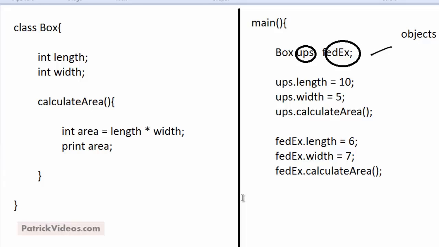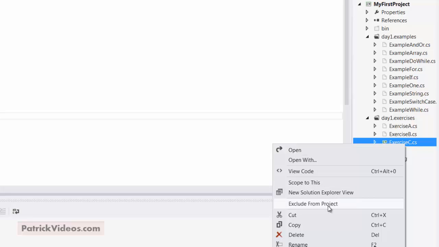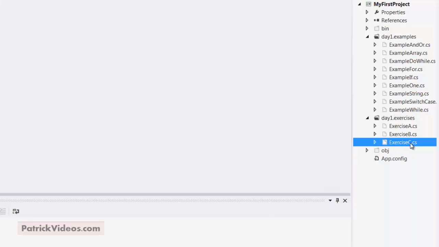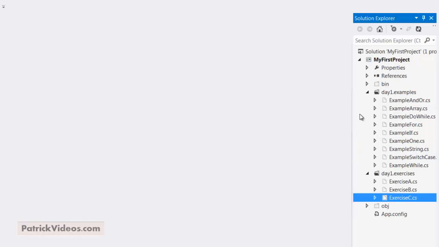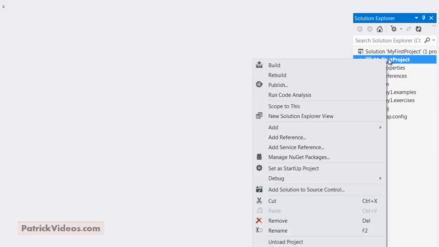So let us try out the two examples that we saw, that is the employee class and the box class. Let me first exclude all the other class files. Right click on the class file, exclude from project. The reason is we can have only one class with the main method in our project. Now let me collapse all these other folders and let me create a new folder by right clicking on the project,